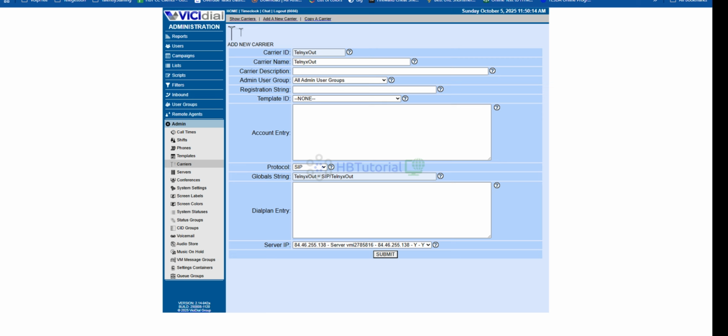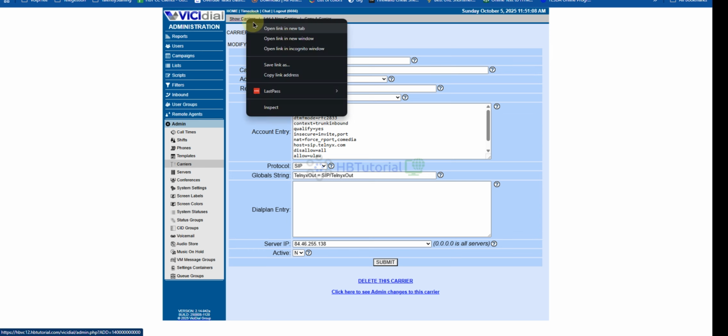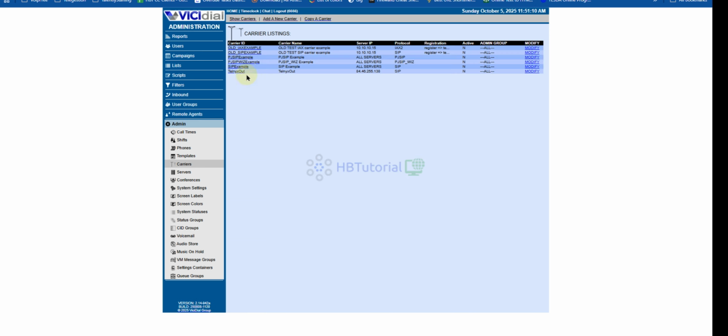So I can use this carrier settings. Okay, so you need to put a context. And then SIP telnyx.com, and for the dial plan, you can get the dial plan over here, right?